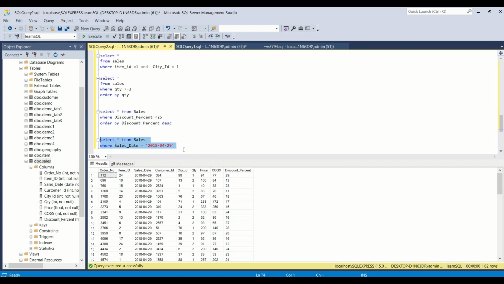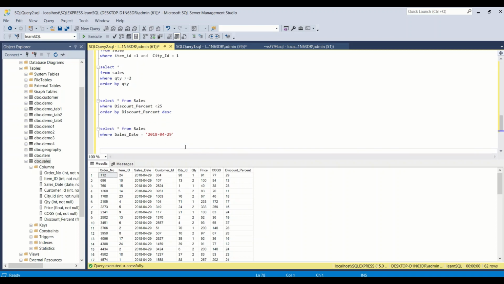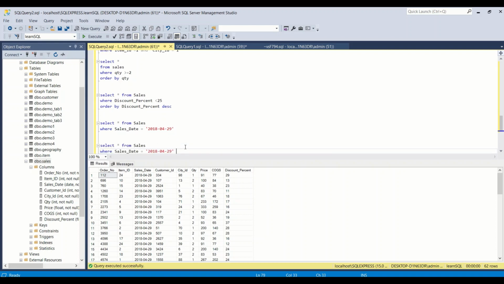Let's say I need a between. Now between is applicable for dates, between is also applicable for numbers, and sometimes it is also applicable for text. So now let's look at sales date between, let's say I want to see for the complete month of May, how much is my sales. Okay, so 2018 between -05,